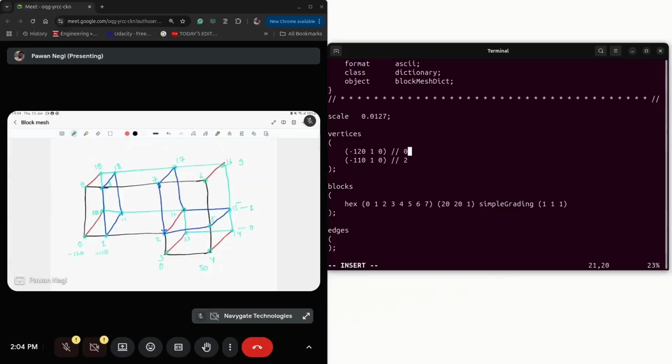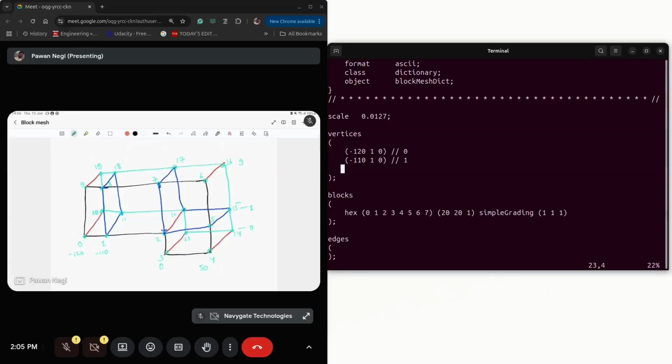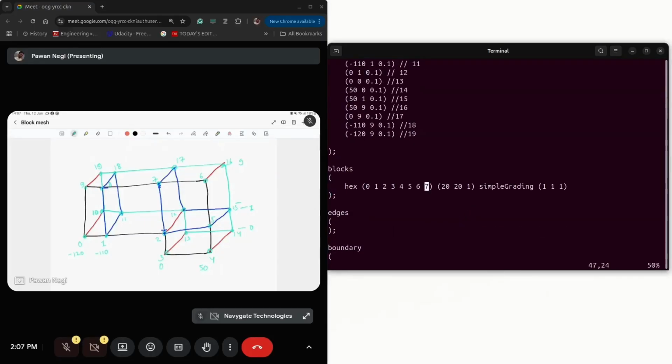We should number them from 0, 1 onwards so that we can create the blocks. Once all the vertices are added, let's see how we can write the blocks. In order to write the blocks, always remember that you have to follow the same indexing pattern that we have discussed. The first phase should be in such a manner that when it is written, the normal is pointing outward,